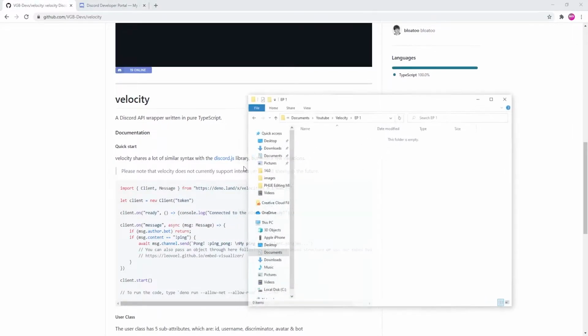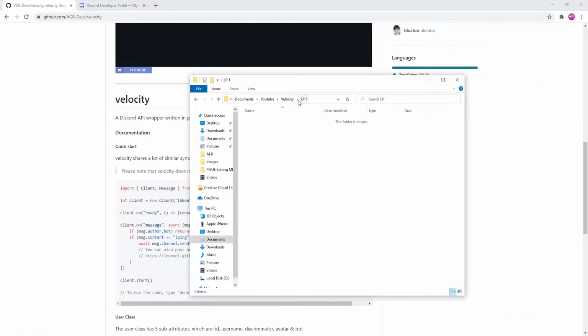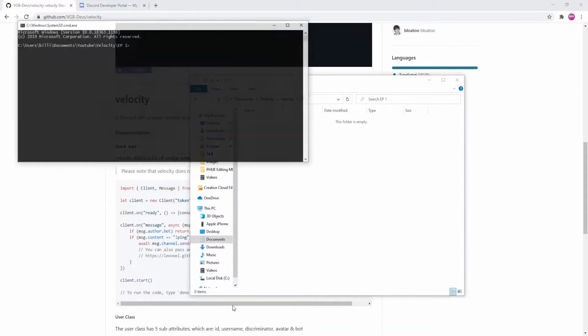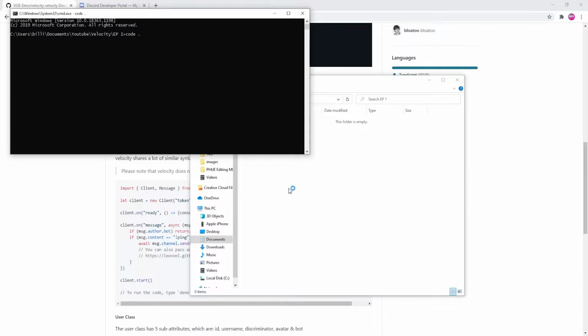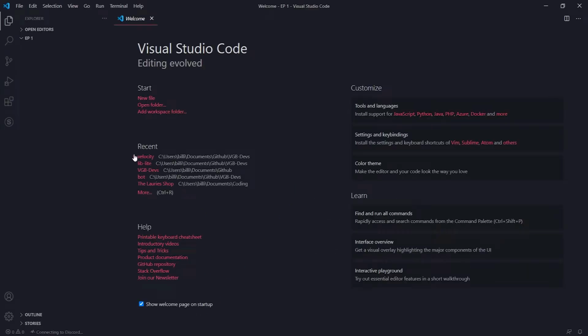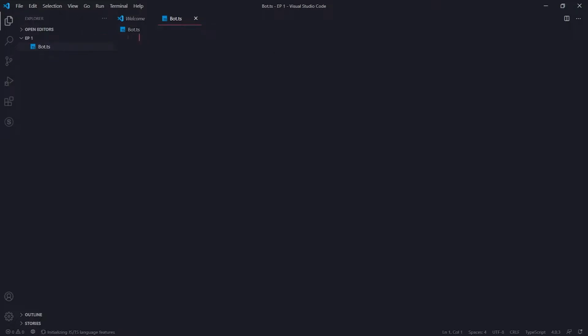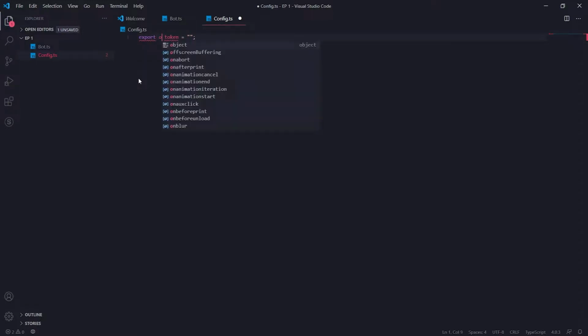Let's create a workspace. I've gone ahead and already done this. I just created a folder, sorry, not a file. Now I'm going to open up my text editor, which is going to be Visual Studio Code. I'm going to create a new file, and I'm just going to call it index.ts. Actually, I'm going to call it bot.ts. I'm also going to create another file called config.ts, and in here I'm just going to put export, token equal to, and you put const